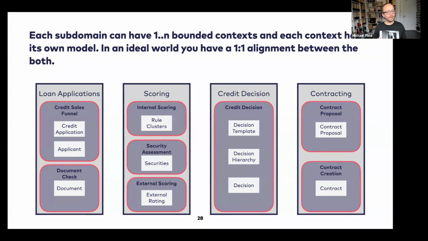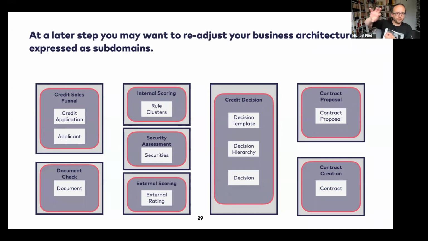And so you will realize, I may have 2 bounded contexts in that subdomain, or 3 bounded contexts, or 1. So if you look at the credit decision on this slide, perfect. Yeah, that looks good. However, contracting, scoring, you may want to give that feedback to the problem space again,